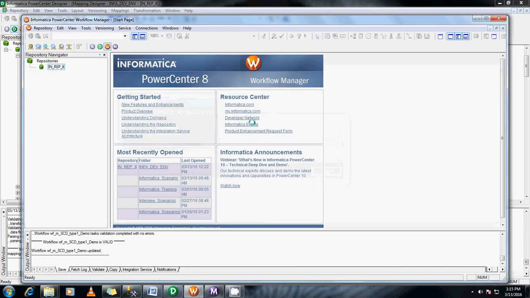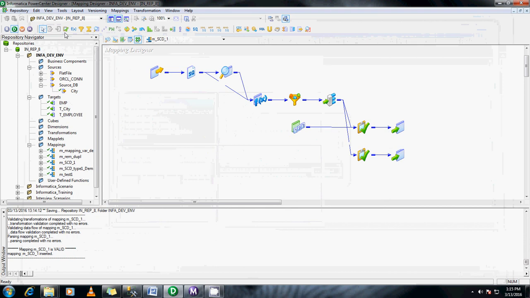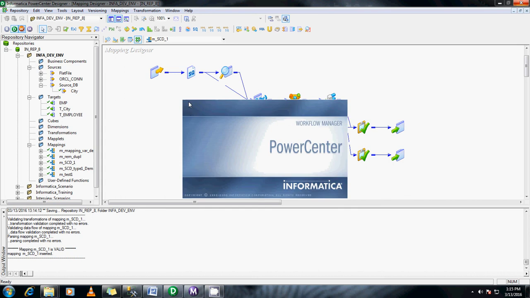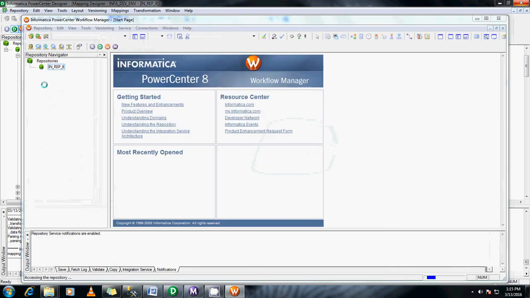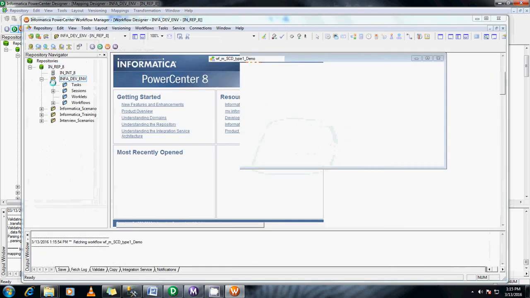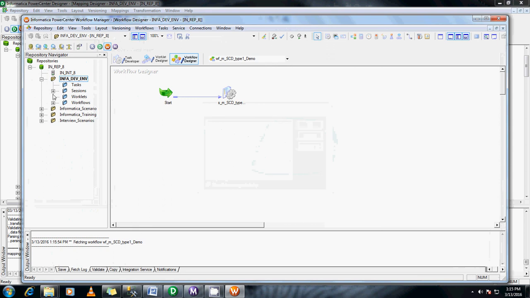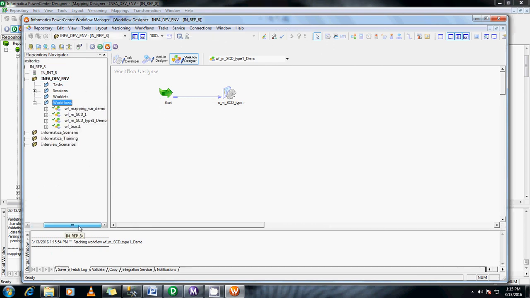Let me close this and open the workflow again so that it would have been updated. Okay, you can see here workflow SCD type 1. Let me close this existing one and drag and drop this. Okay, you got it here.